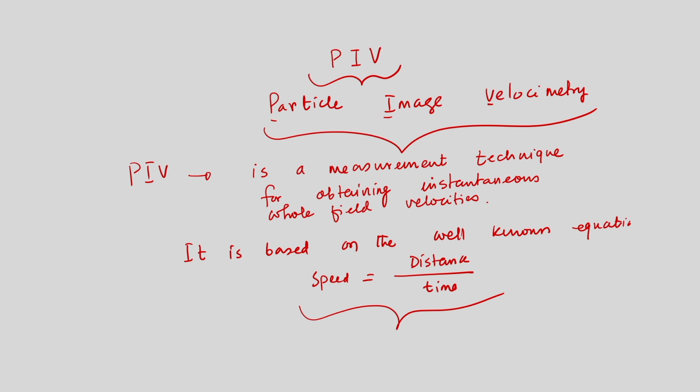Okay. Now we will discuss a few important points. When we talk about particle image velocimetry, or PIV in short, there are two different parts. The first one is the setup and the working principle of the setup, and then another important module of this measurement technique is the imaging. If we go to the previous slide where we have written particle image velocimetry, that means we need to capture an image of the particle, and from the analysis of the image we can correlate what the velocity of the particle will be.